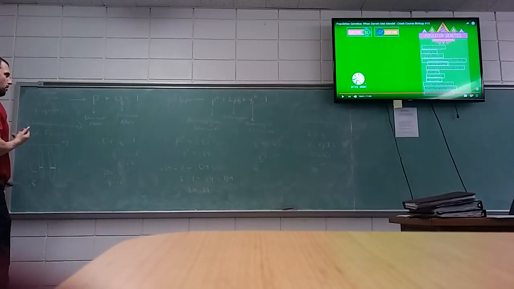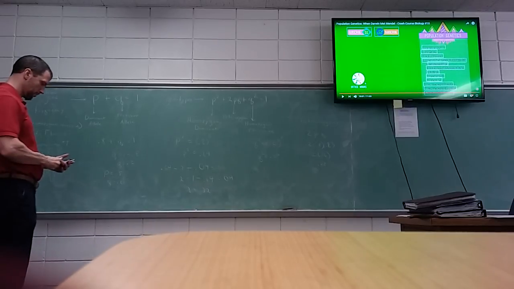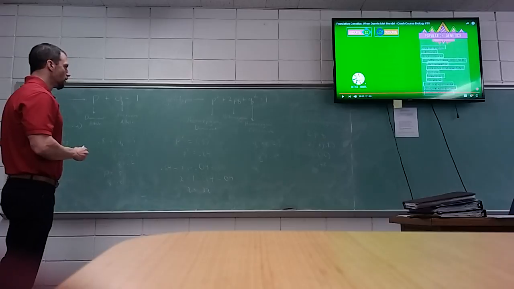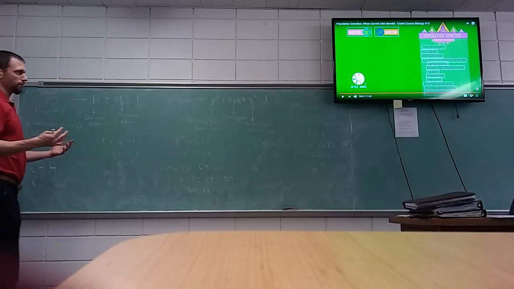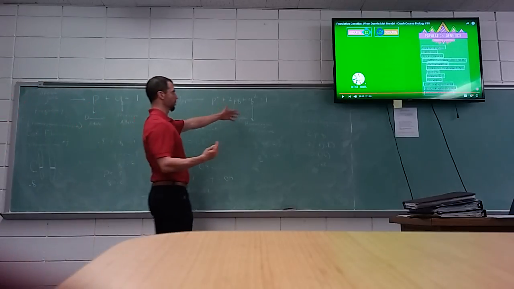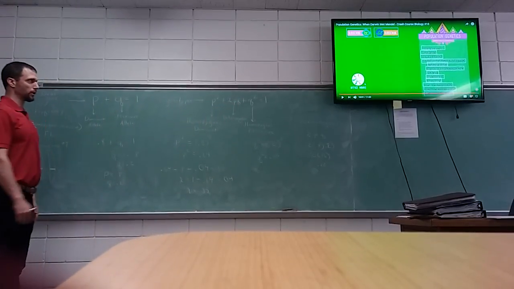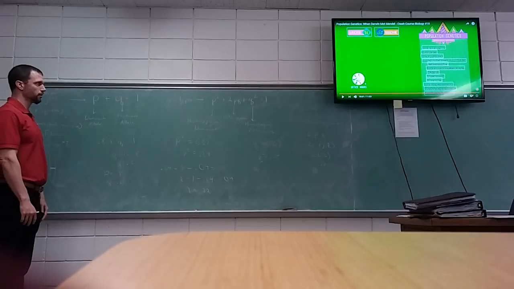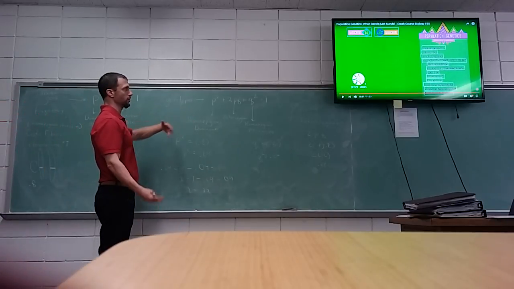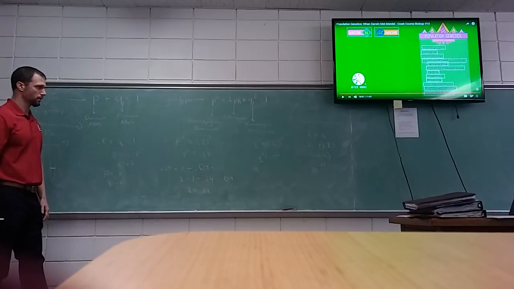Hopefully. Let me make sure, it almost doesn't look right. 1 minus 0.64 minus 0.04. Yeah, that's right. So, basically you know it equals 1, so if you're missing any of these, you can just set it up that way. It just depends on how you want to do it. If you want to square it, you can, or if you want to do the 2pq, you can, or if you just want to solve for what's missing, you can.